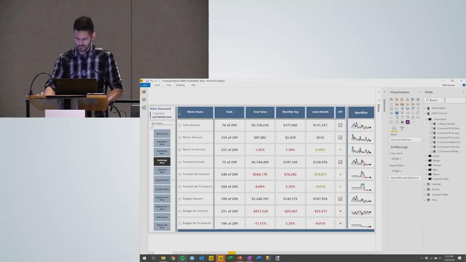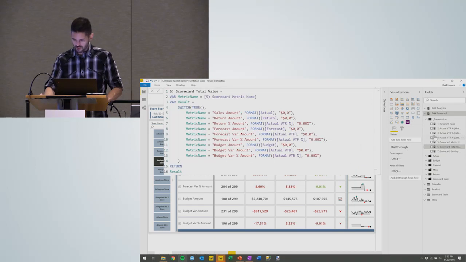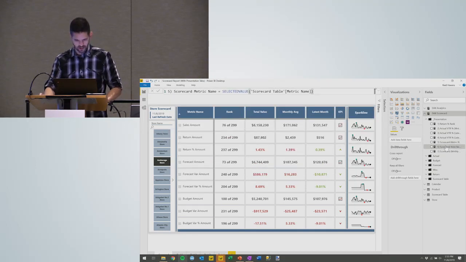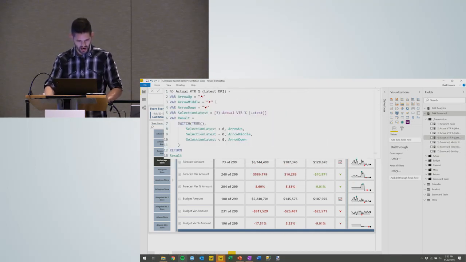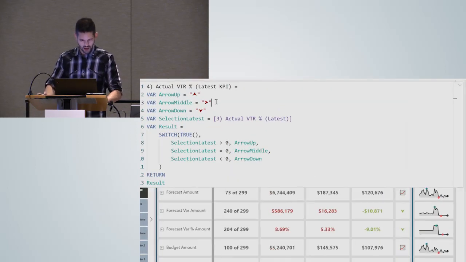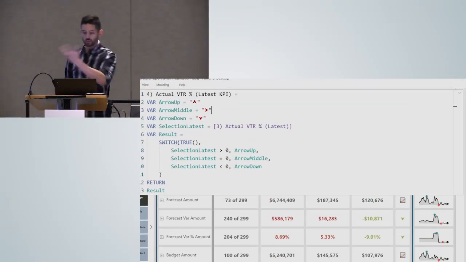Question? How did you type in those up and arrows? That's a great question. So the question is, how did I type in these things? There are so many ways you can do it. If you go to Word and you have the symbol list, you could put that into the Word doc, copy and paste it into here.